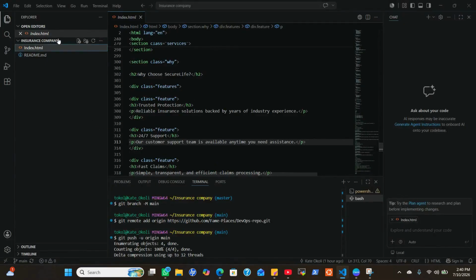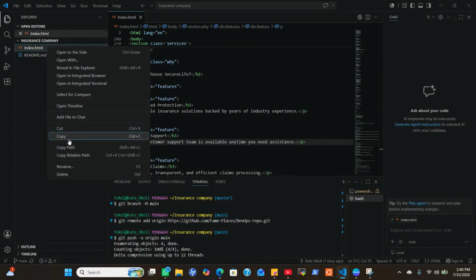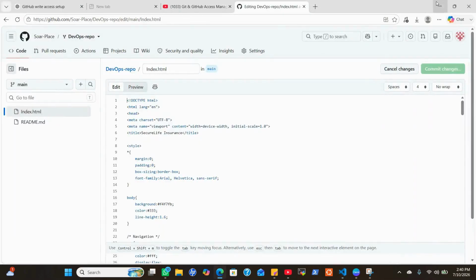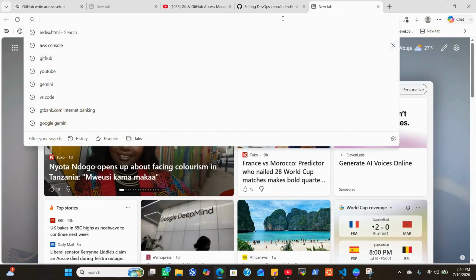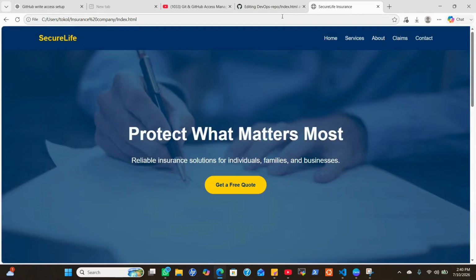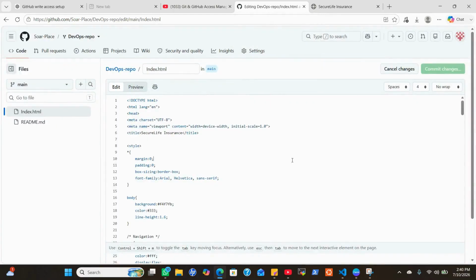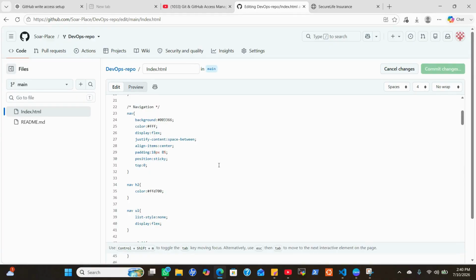Let's see the file, and then let's see what we're going to be working on as a team. This is like the early stage of development of this file, and if there's need to make adjustments, I can come to the repo by having forked the file